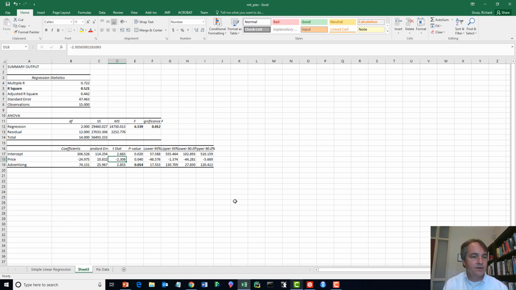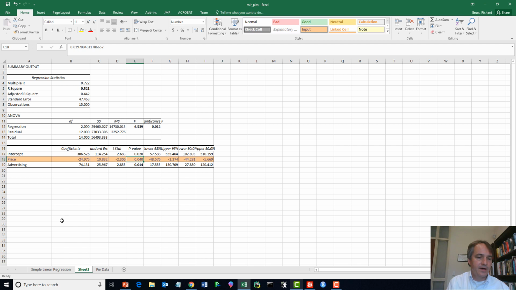Okay, and over here now we have the price, and we can see that this p-value is also less than 0.05. So price also has a significant effect on sales. Okay, now notice something interesting here. So we can say that this is a very solid model, that both variables are significant at a p of less than 0.05. But the question that you might be having is, if we just look at the price row here, we had price before, and we had a p-value that was